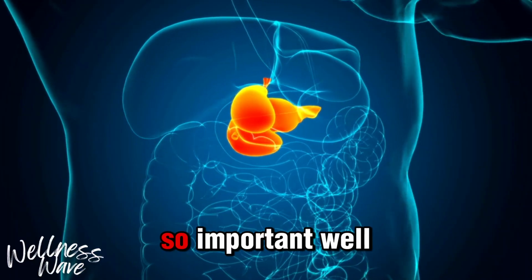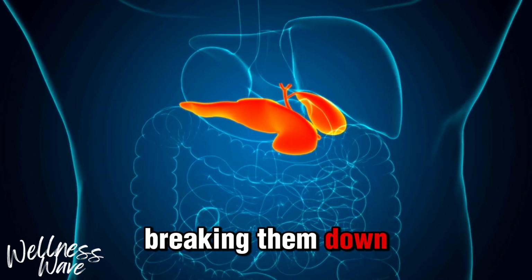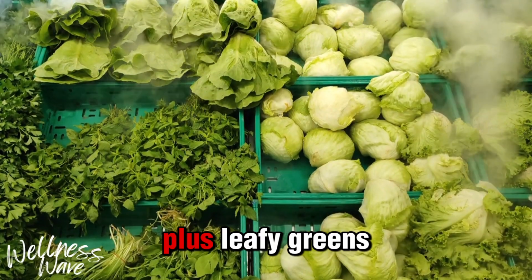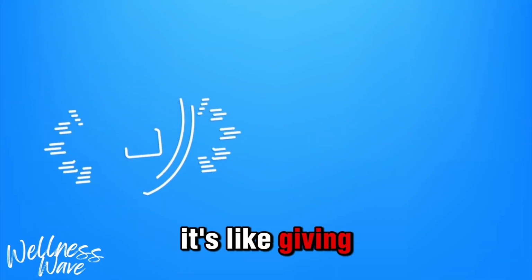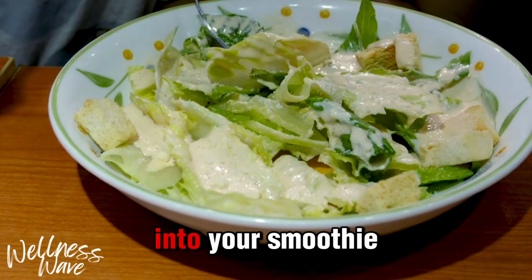Why is bile so important? Well, bile helps your liver digest fats, breaking them down efficiently so they don't clog up the liver's filtering system. Plus, leafy greens are loaded with antioxidants, which protect your liver cells from inflammation and damage. It's like giving your liver a protective shield every time you toss a handful of greens into your smoothie or